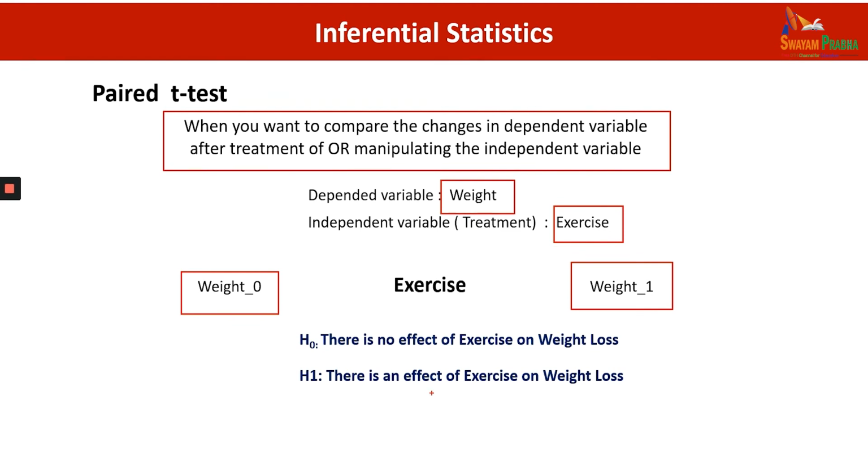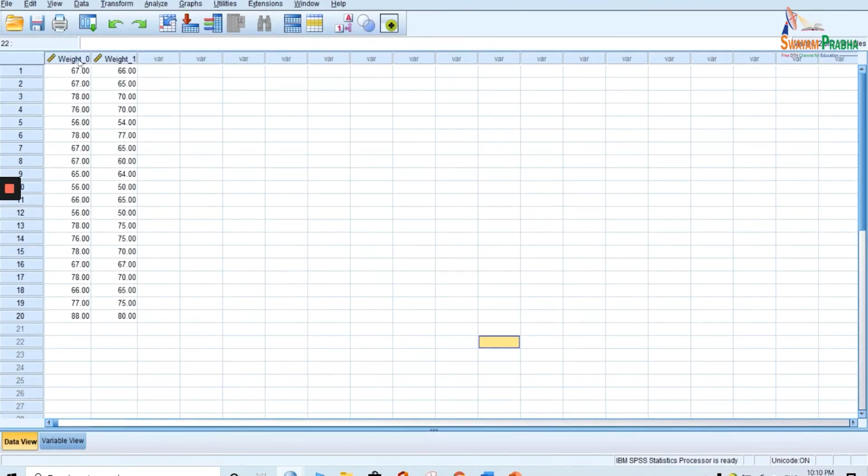Right, so now I will take you to the SPSS sheet, and we will see how to test the hypothesis there, and how our data should be presented in the SPSS sheet. Okay, so this is my data that I have entered in SPSS. This was weight 0, that means before the beginning of exercise or beginning of our experiment. And then we have weight 1, the data recorded after 1 month. All these respondents, or subjects, were put to the experiment.